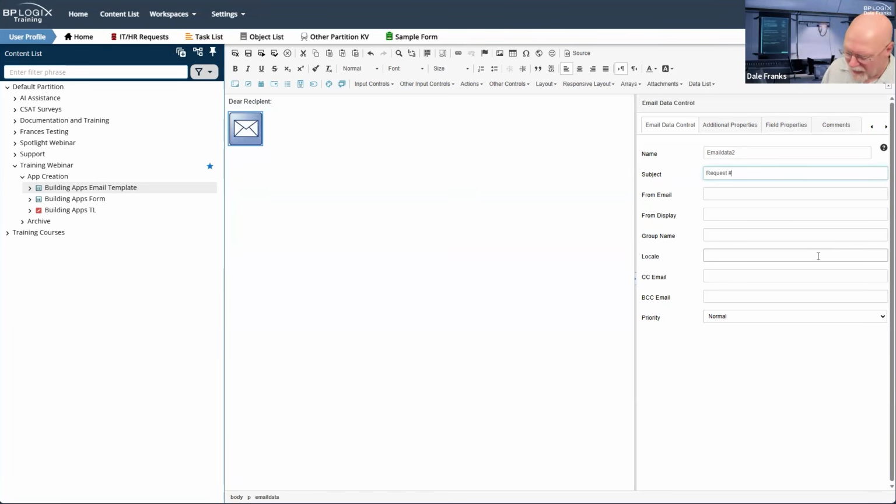And I believe the form field that I used was request number. I think, if I remember correctly, I didn't actually check it. Oh, I need to put the colon there so we know that that's our request number, and just call it request number, whatever the request number is, notification. Okay, that's fine. That's generic enough. And I could use this single email data control for every notification I sent.